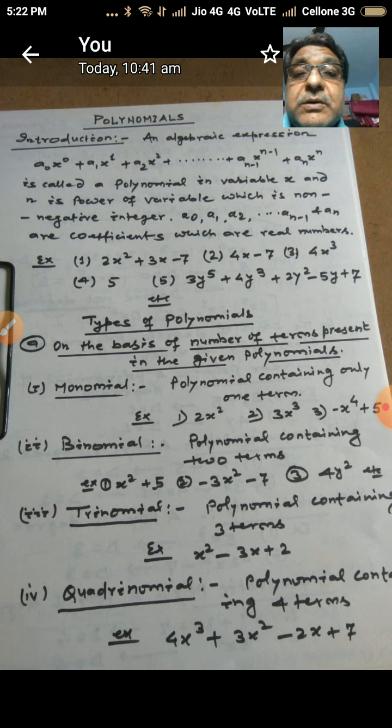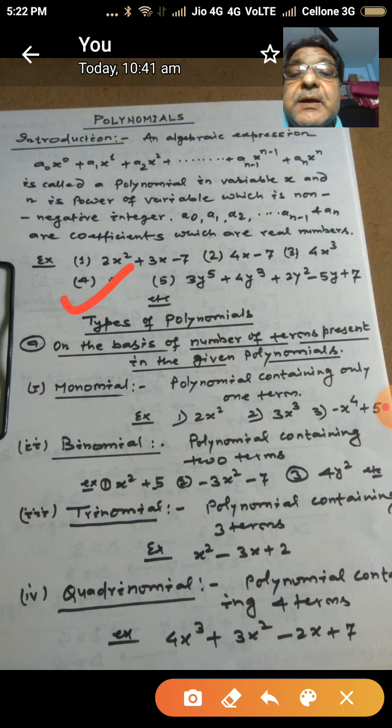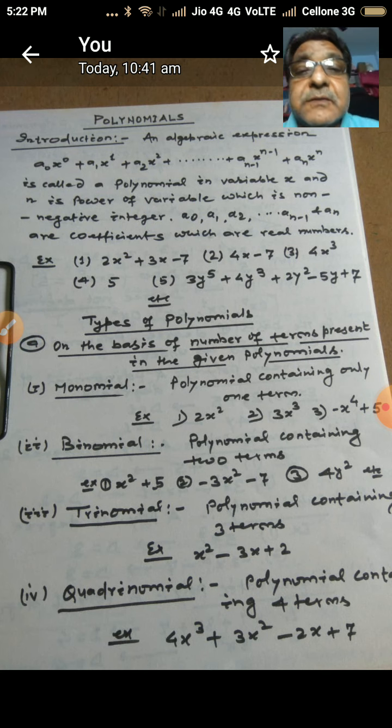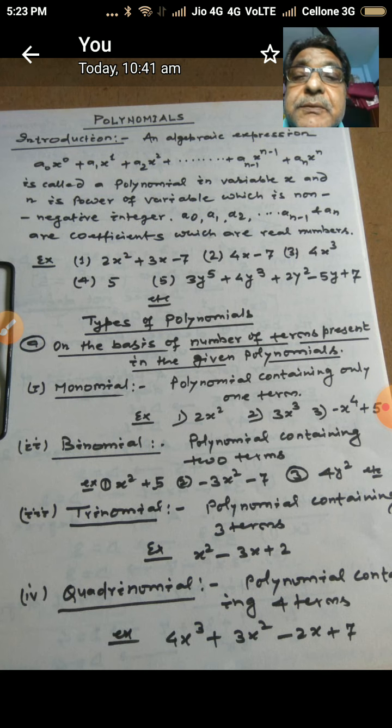Now, student, you may have confusion that if such a long series of algebraic expression is called a polynomial, then how do we take different examples containing one term, two terms, three terms, and so on? Even then, we have taken one example here, say 5, which is only a constant term. So how do these examples come from this vast series of polynomial? Actually, what happens is, student,